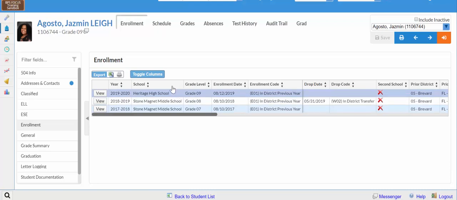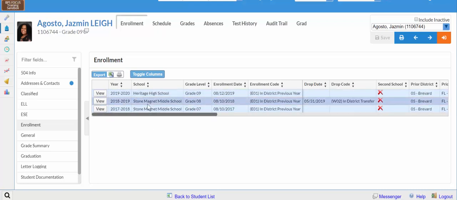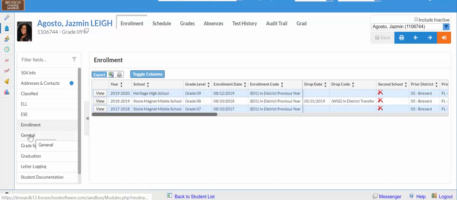So you would see total student enrollment within the district. So if the student has been to 4 or 5 schools this year, that would also appear in this list here. If you look at the general tab,